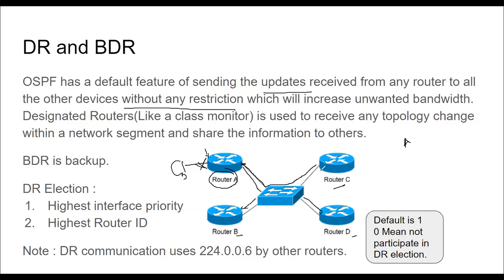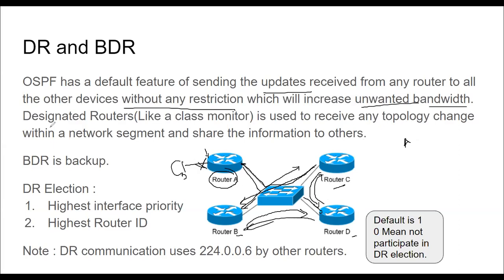That's what it says. Now C has to inform the information to D. At the same time, C has to inform the information to B. So C will not inform A back, because A is what informed, right? So C will inform D and B, thinking that they don't know. Again, B has to inform C and D, thinking they don't know. D will inform again him. So see, a lot of unwanted bandwidth will be wasted in this particular time.